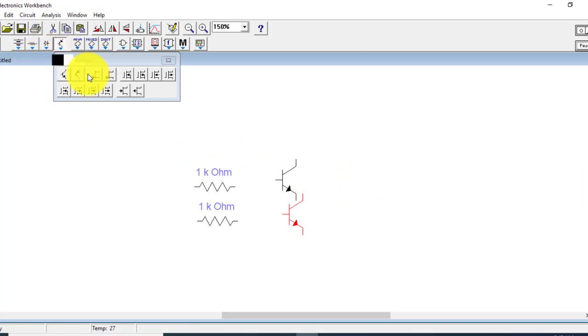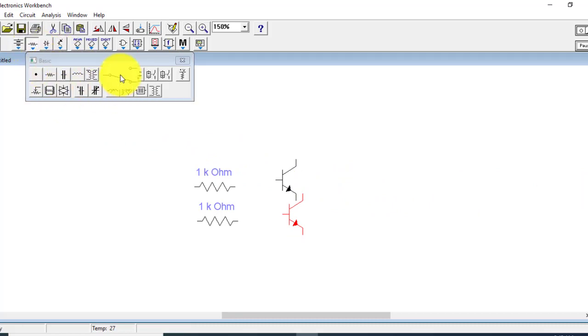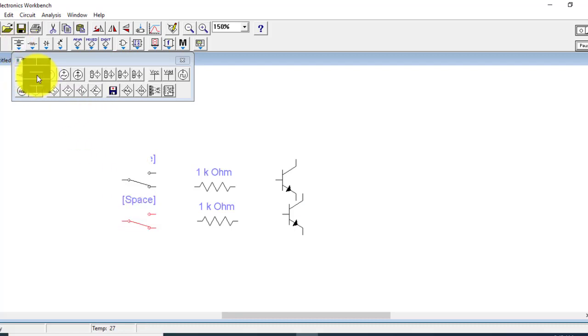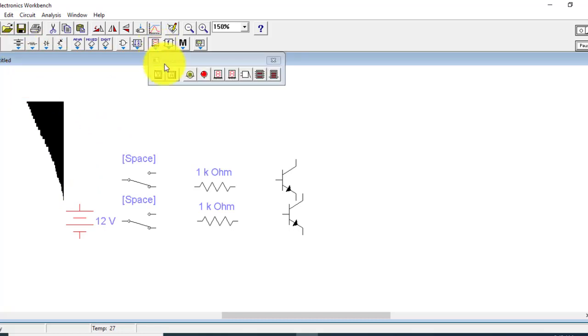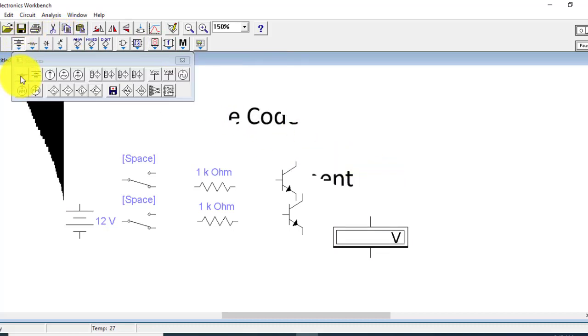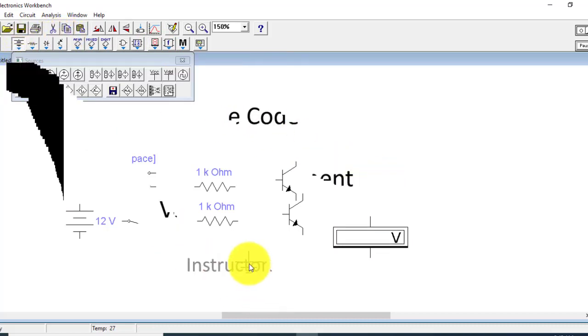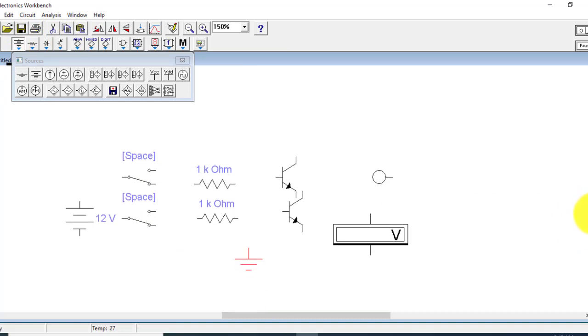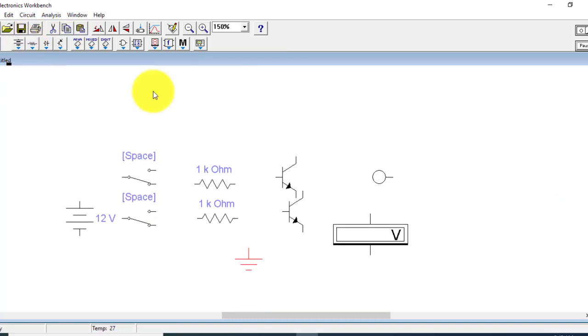Then I need two switches for the switching operation. Then I use a battery. Then I also need a voltmeter, a probe, and the most important, the ground terminal. So let's connect all of these components.